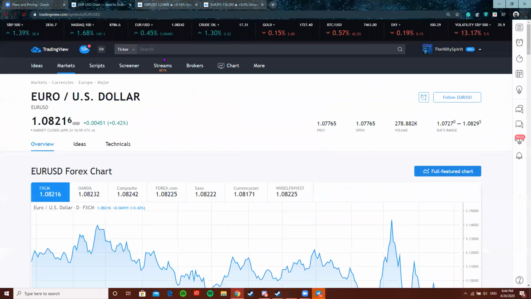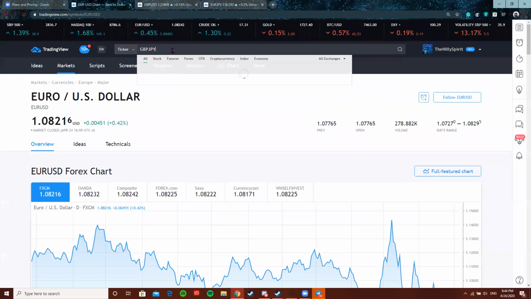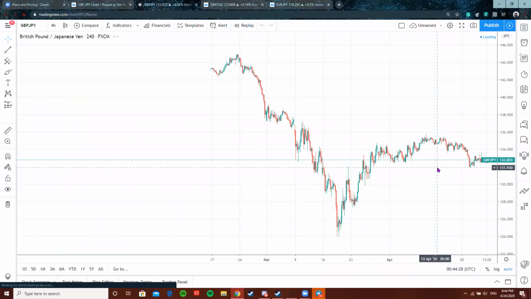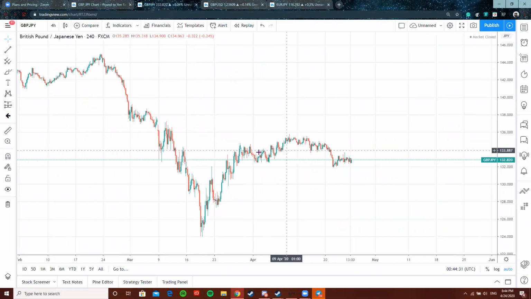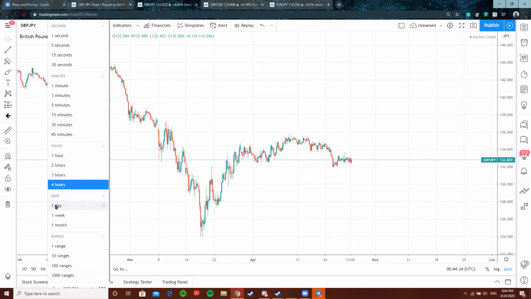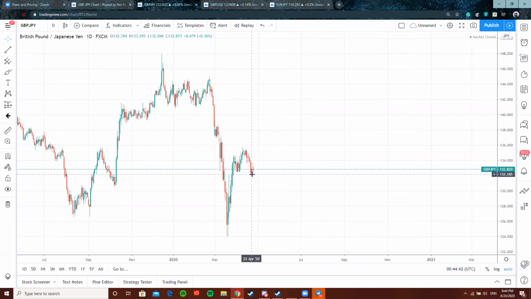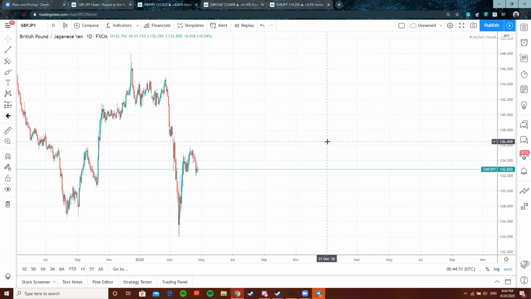Another pair that I see that's building a lot of liquidity right now is GBP/JPY. Look at pairs that are oscillating. Look at pairs that are consolidating. CAD/JPY is also consolidating a lot, right? If we look on the daily, we just see it making this little pattern right here. It could be forming a head and shoulders, and boom, that's going to fall off the face of the earth. But then right here, we're going to say, oh, double bottom. Let's see what it does. Then it'll probably buy all the way up, and then it's going to shoot, right? So as the GBP also gains more strength, that will come in handy as well.